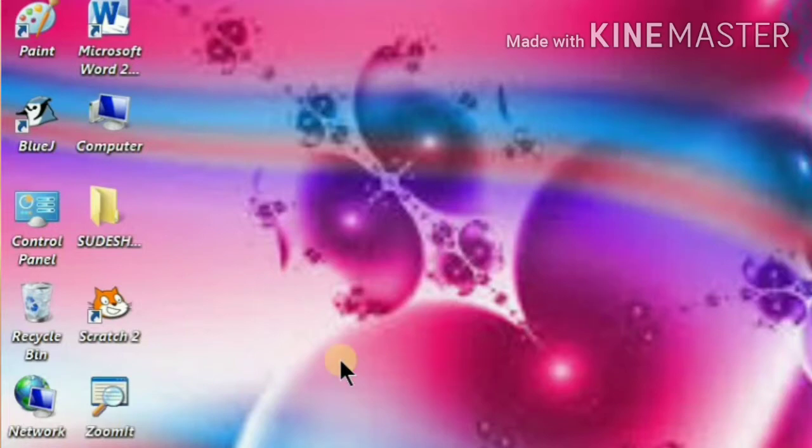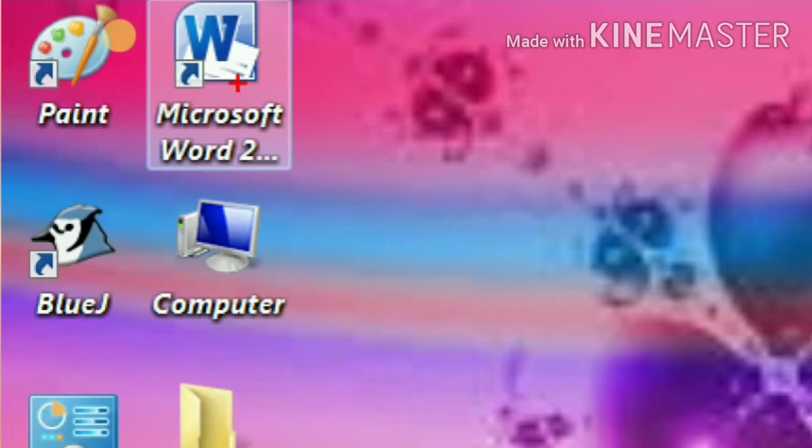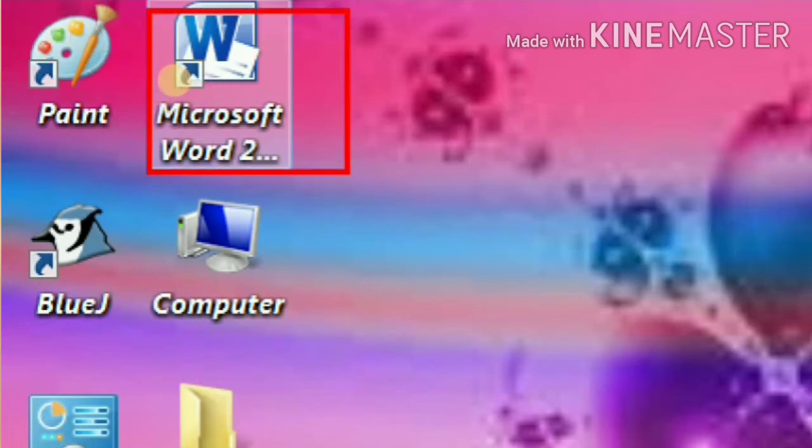The next step, how to open the Word file or Word document software. This is the icon of MS Word. You all know what is an icon? It is the symbol of the application software you are using.